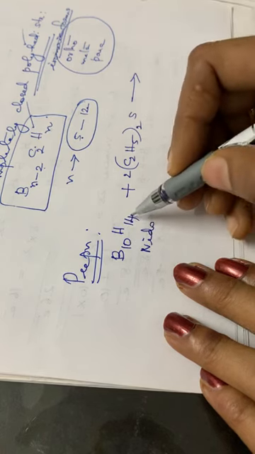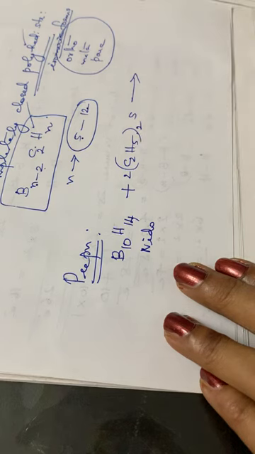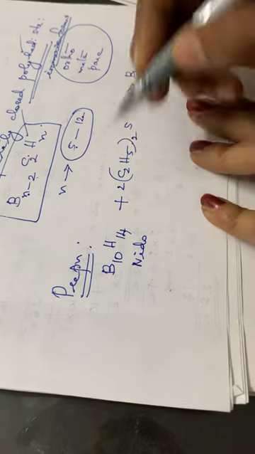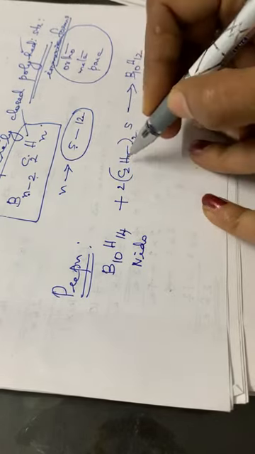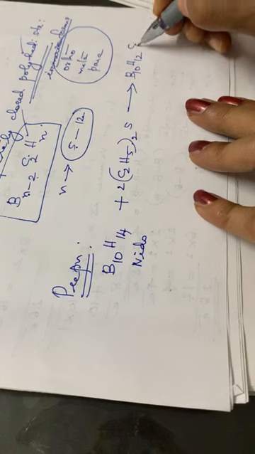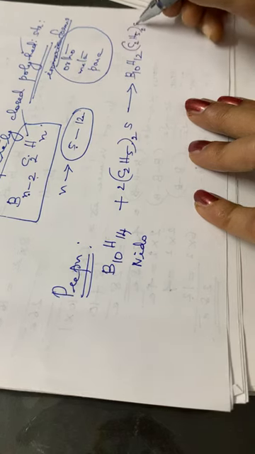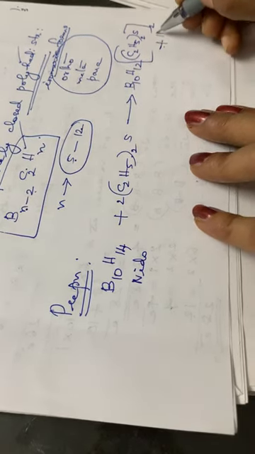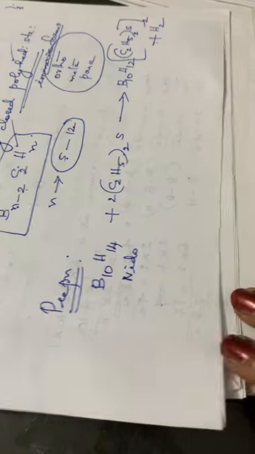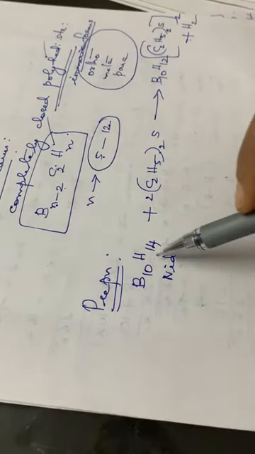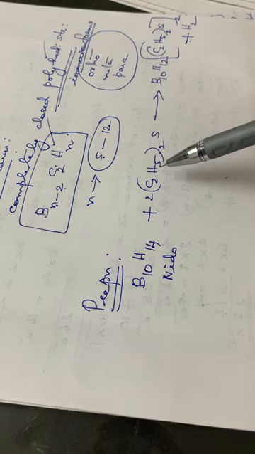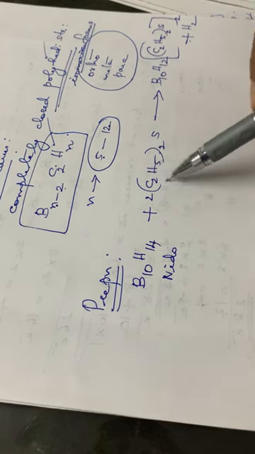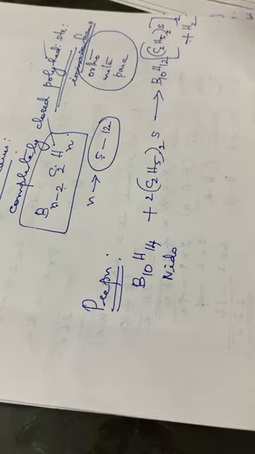Instead of this, 2 hydrogens are replaced by this C2H5 twice S. So we will be having B10H12, and for 2 hydrogens this part will be coming, that is (C2H5)2S, twice S, that is 2 times, plus H2, 2 hydrogens will be replaced. Then in the first step, nidoborane on treating with diethyl sulfide, 2 hydrogens of this nidoborane will be replaced by this particular compound, liberating a hydrogen molecule.